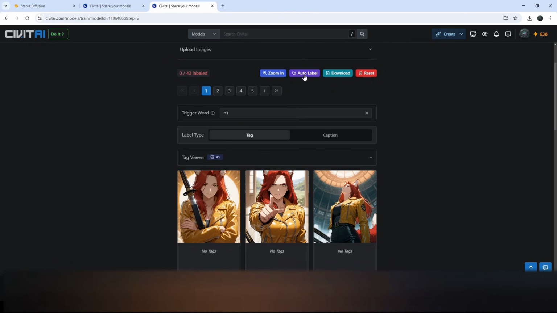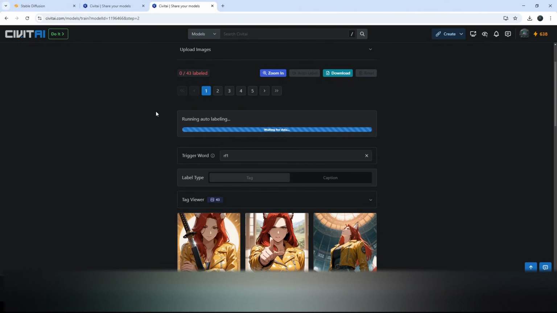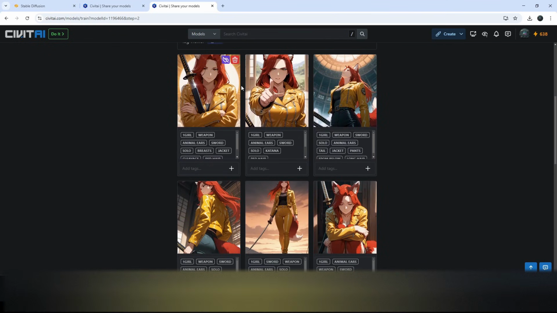So I'm going to hit auto label. I'm just going to go ahead and hit submit because I'm going to leave all of these other things at this baseline level because this is just very basic. We're not going to mess with any of the base settings. We're just going to use their default settings. Okay, so it's going to run through the auto labeling process. So I'm going to look down here and we're going to see, okay, so let's look at some of these